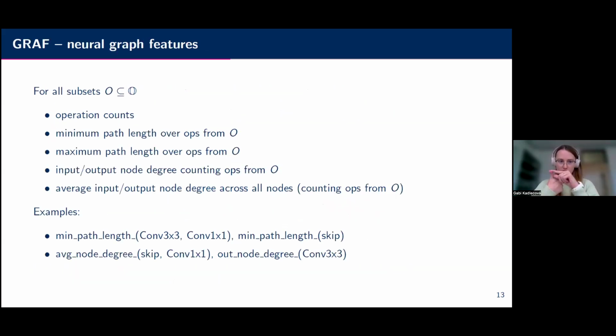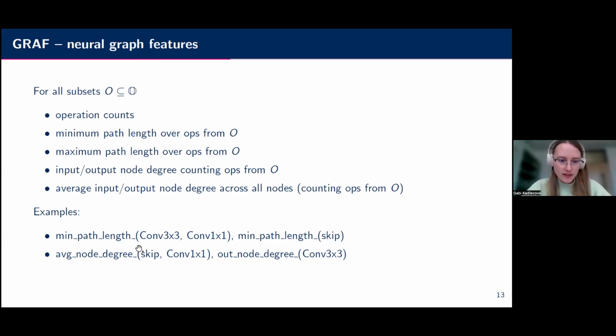So we've got operation counts, then all minimum path lengths, max path lengths, and then the degree of input and output node, and also an average degree across all the nodes. So what's the average number of skip connections that gets out of a node in the cell?